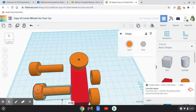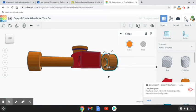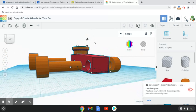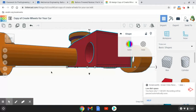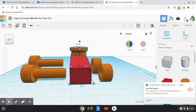But the problem with how I have it set up right now is that we have a lot of overhangs. We have a lot of issues where this piece, the axle itself, is printing out over an edge. In addition, just one other small problem is that some of our stuff is not level with the ground. So it's important that everything is printing on the ground. If you have things that are floating, they're going to get wrecked when you try to print them. So we're going to have to rotate